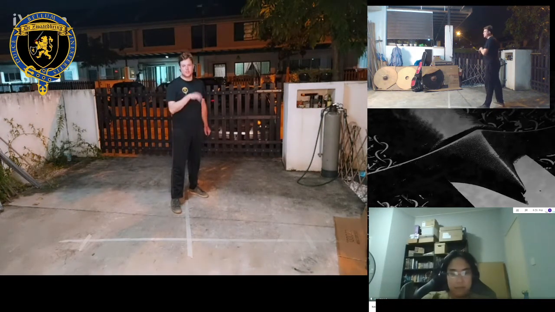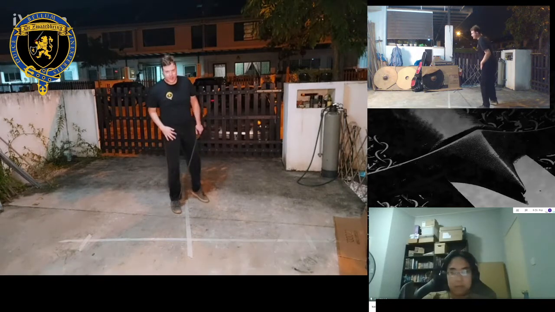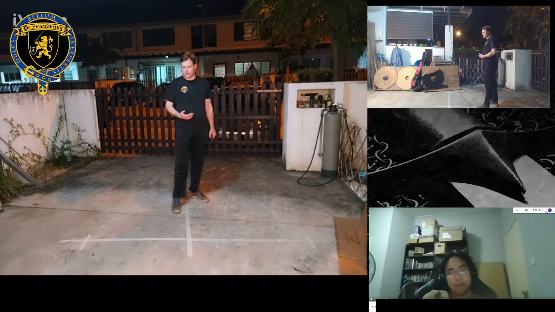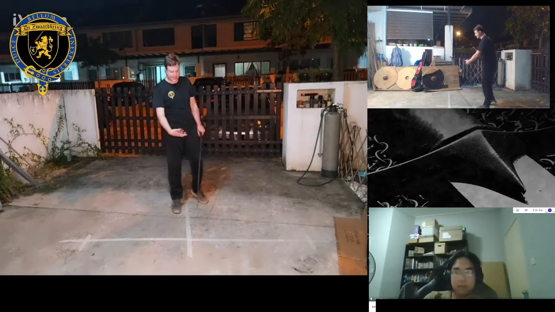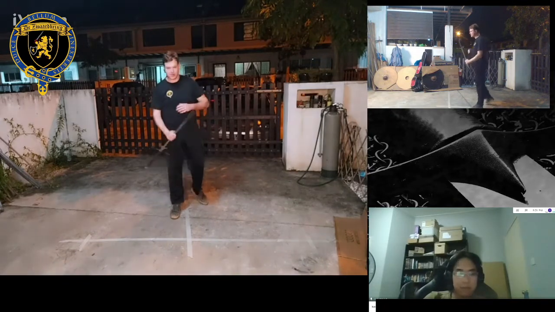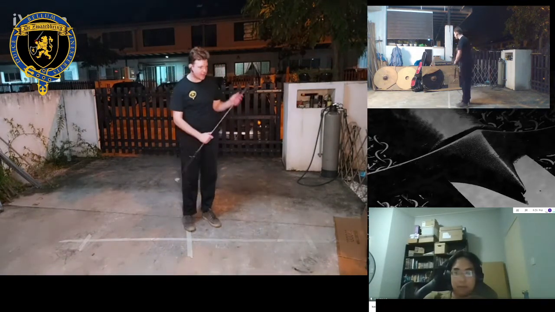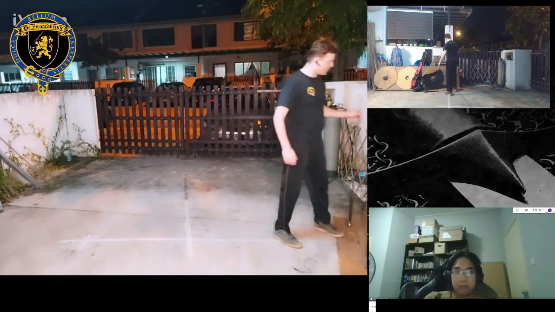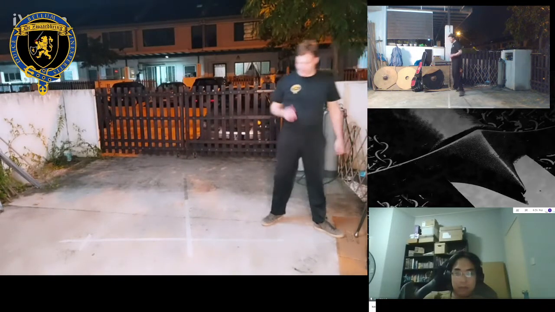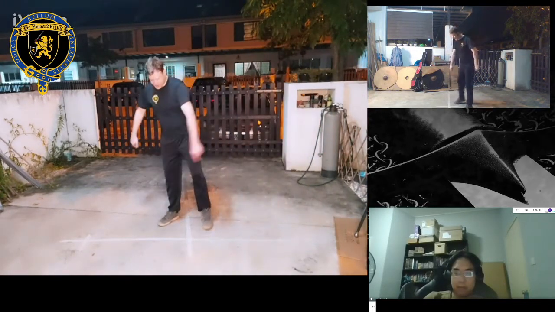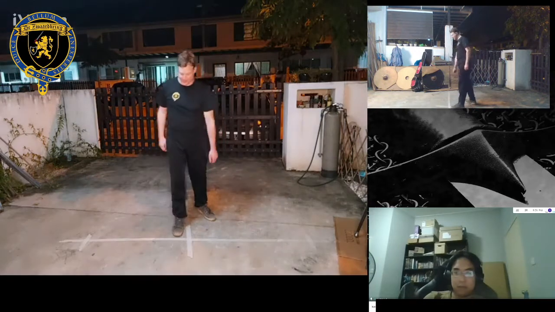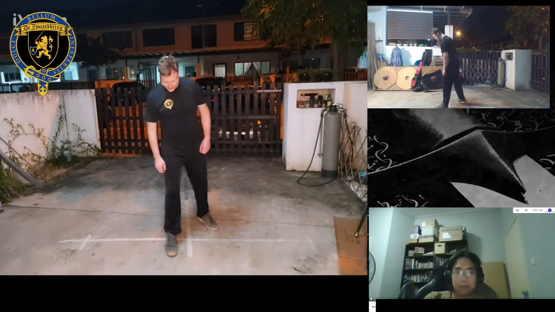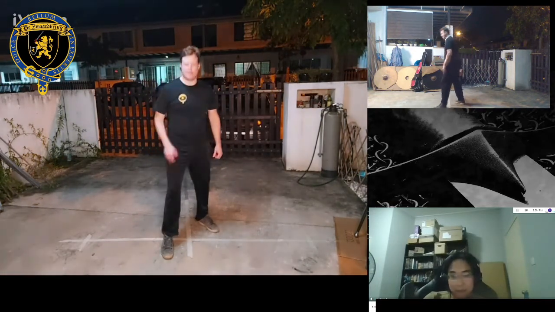And I wanted to run over a small exercise that you can do while you're training. There's an exercise you can do at home. You actually don't need a lot of space. You don't even need a sword for this. I'm going to put my sword aside for a moment. All you need is a cross on the floor, which I have right here. Ron, can you see the cross on the floor? Yep. All right, fantastic.